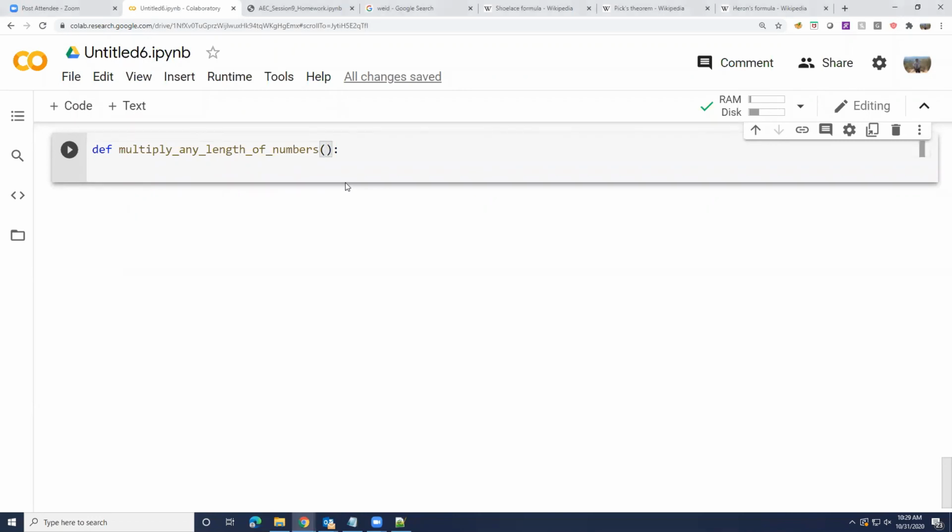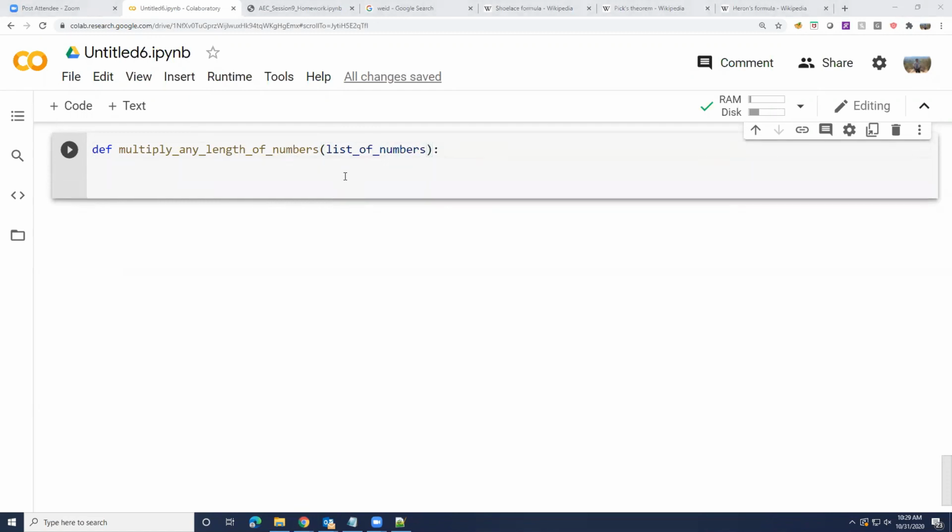Before we go to args, one way is I can say list of numbers. I can say list of numbers and then pass it a list. Does that make sense? Does this seem reasonable? Multiply any list.